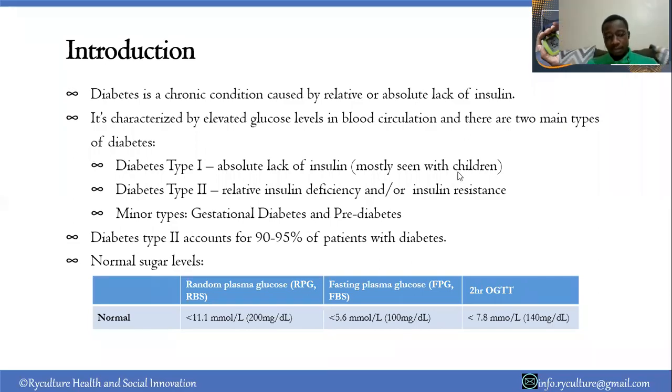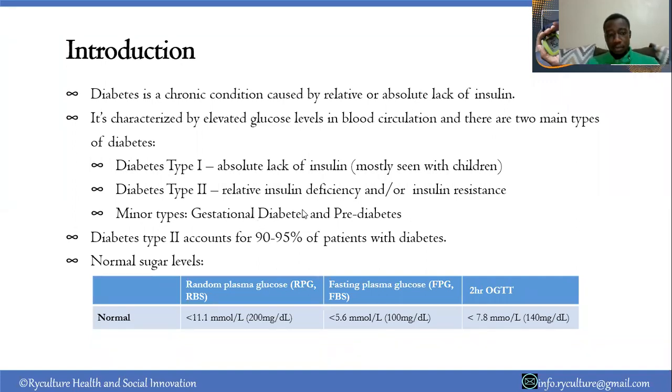We have two different types of diabetes. One, type 1 diabetes, is majorly found in children, and it's mainly a result of lack of insulin in the body. So people who don't have sufficient levels of insulin need to be injected with insulin. If we have anybody who has been on diabetes type 1, they understand that the major line of management has always been the use of insulin for these patients.